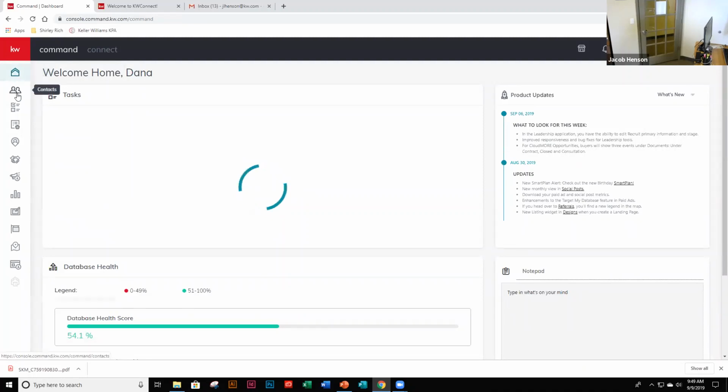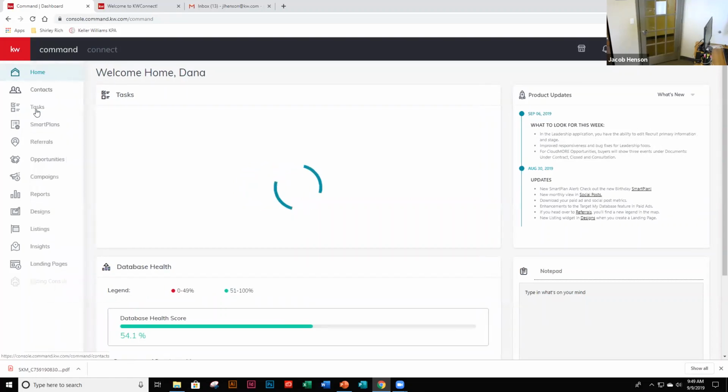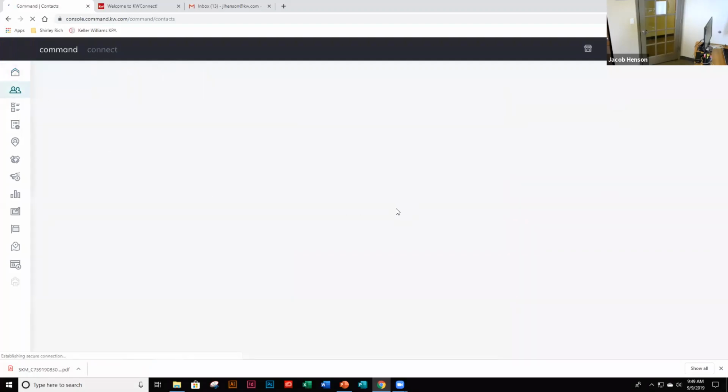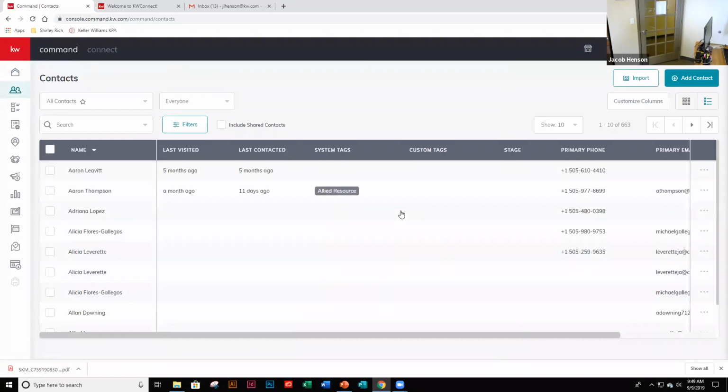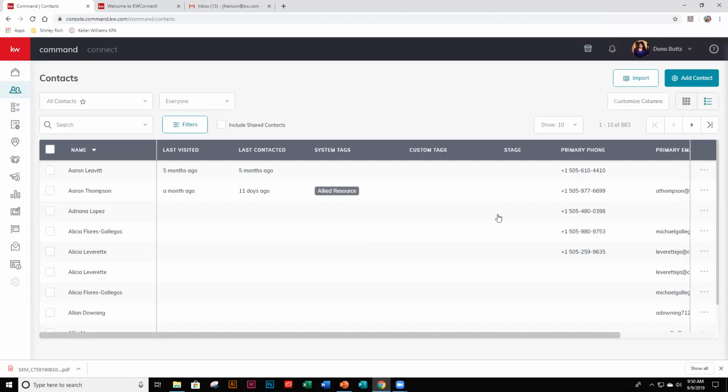Okay, and then right below it, again, we can click this red KW, and that will show us what all of these icons mean. We're going to go to contacts. Right now, if you have any listings, I want you to go ahead and add them in, not right this moment, but this week. Add your listings in, your people as contacts first, and then we can talk about importing and whatnot. So to add a contact,